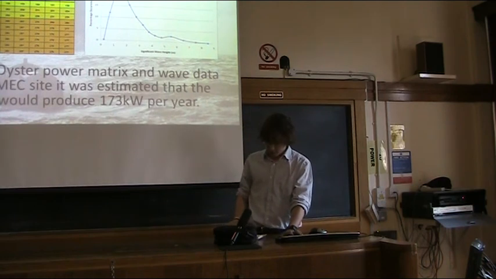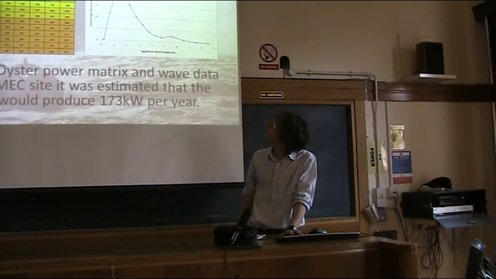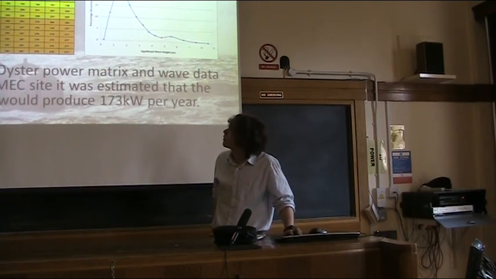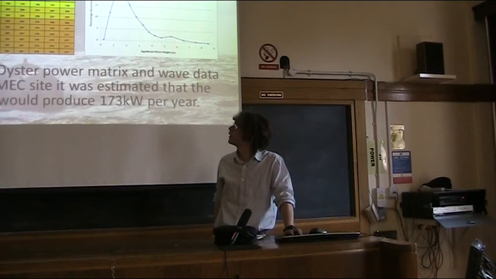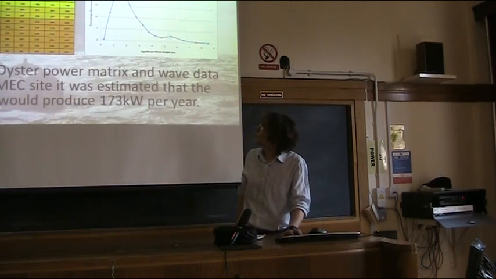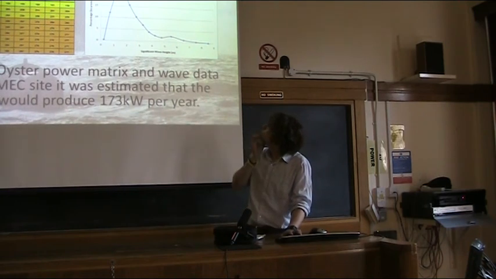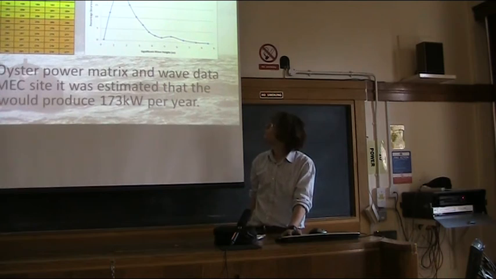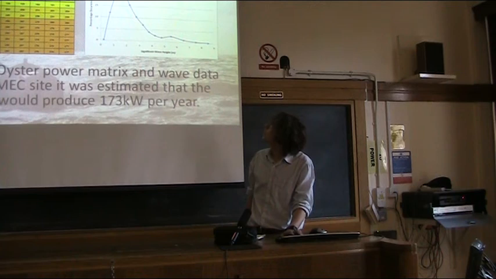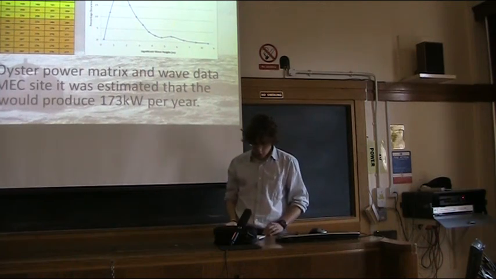Okay, so that was the inputs. The output of the device. This matrix on the left is equivalent to a power curve for a wind turbine, except that it's not a curve because there are more variables. Basically combining these two, and this is a frequency of occurrence of certain heights of waves recorded on the Orkney site where it was installed. So using these two, I was able to work out the estimated power output annually at about 173 kilowatts from the 315 rated power,